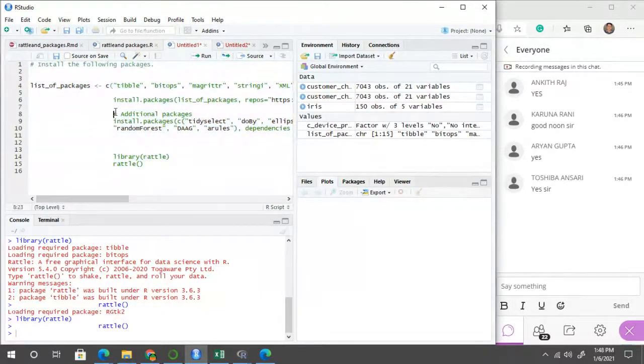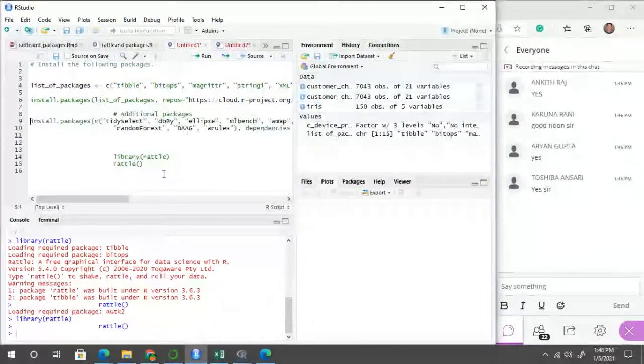You can use that package list and install Rattle on your machine. These are the lines of code which we can use to install Rattle on your machine. So you can modify this file.